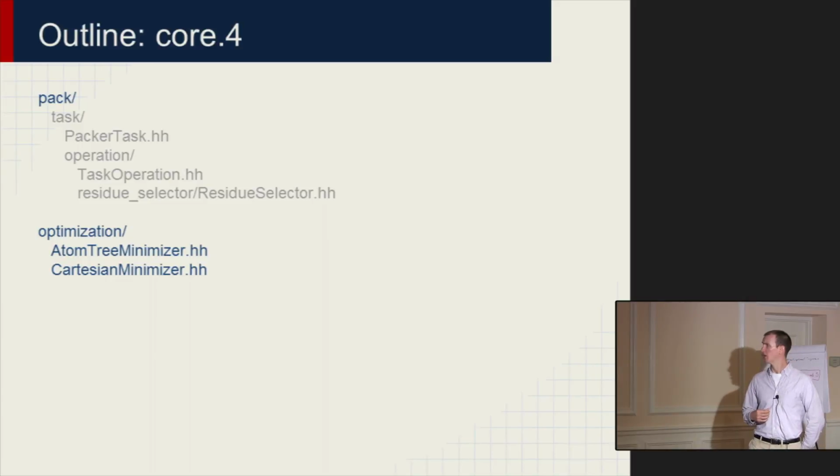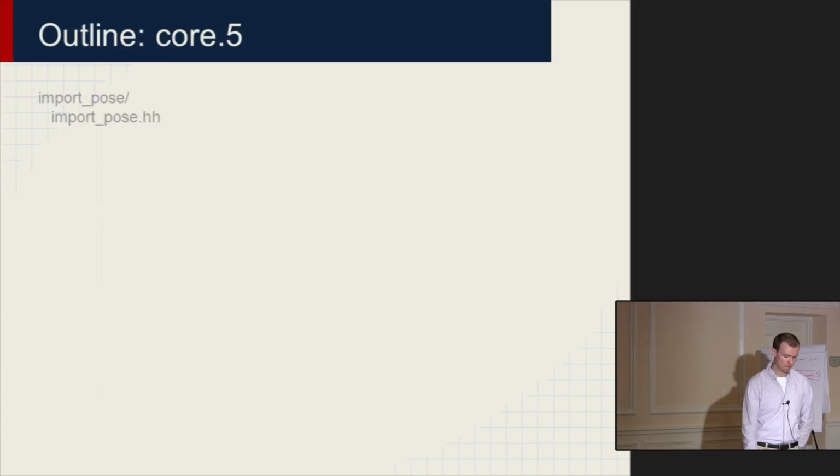Jason, later in the week, will talk about the packer task and the task operations and residue selectors, which live beneath this directory. Also in core 4 is optimization. You had just a little bit of experience with that in lab 2 last night. So there's the atom tree minimizer. There's also the Cartesian minimizer that lives in this directory. And core